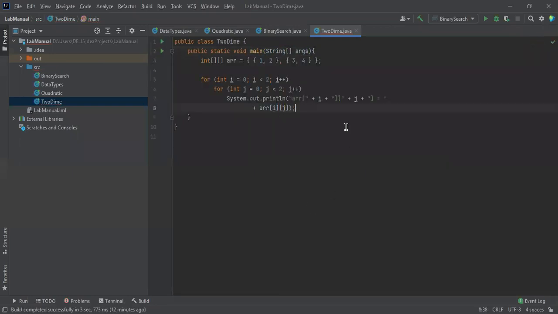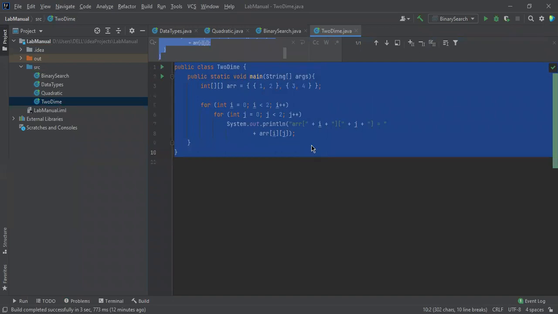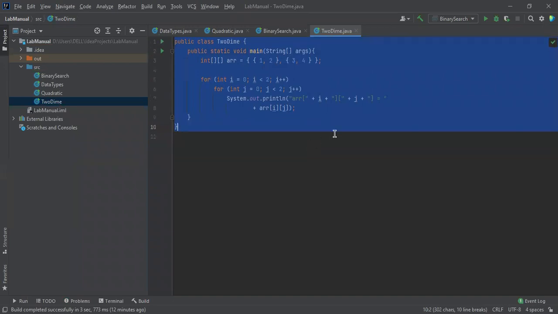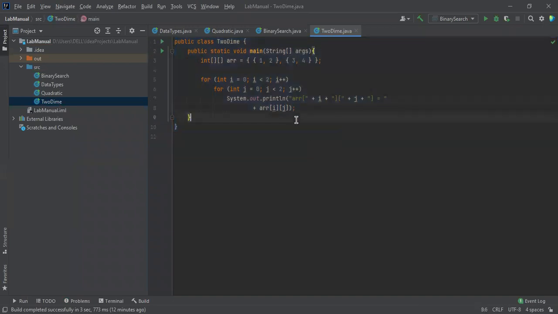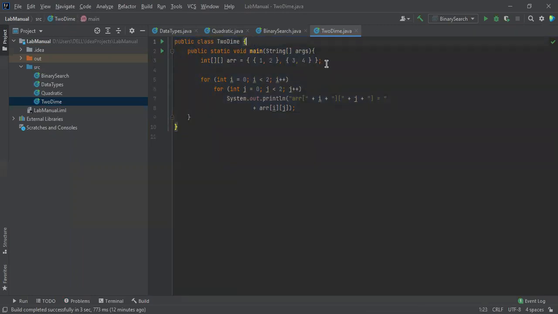Yeah, let me do that. Sorry, I need to format this one. Wait a second, Control Shift and L. Okay, see this. Is it correct or not? Yeah, it is correct.